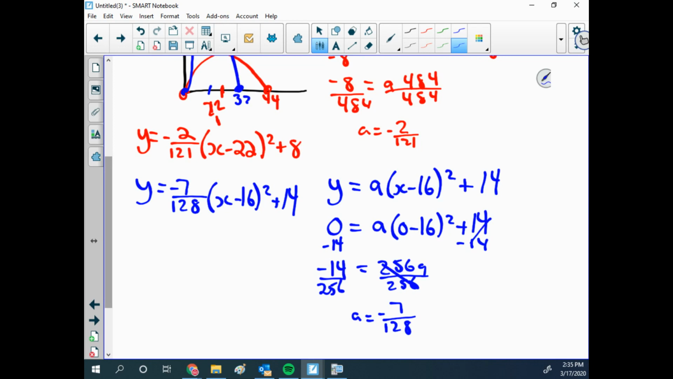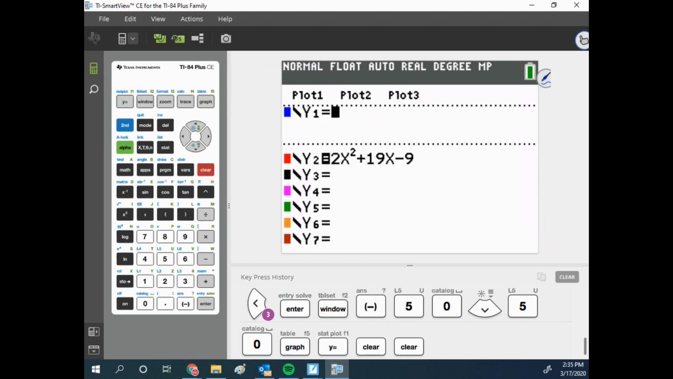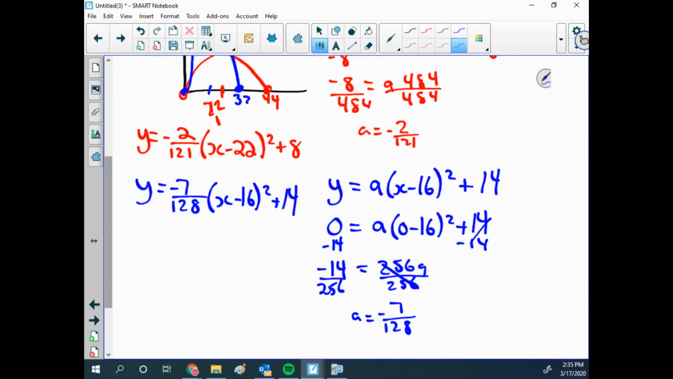I'm going to just graph both of these because that's the easiest thing to do. So I'll go to my graphing calculator. I have to remember that equation. Negative 2 over 121